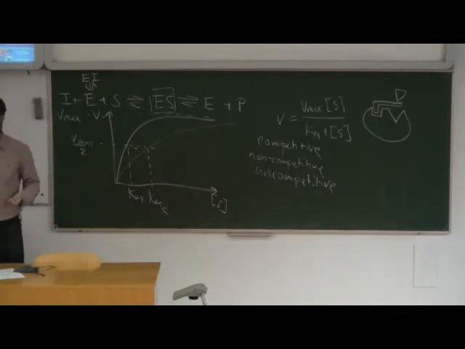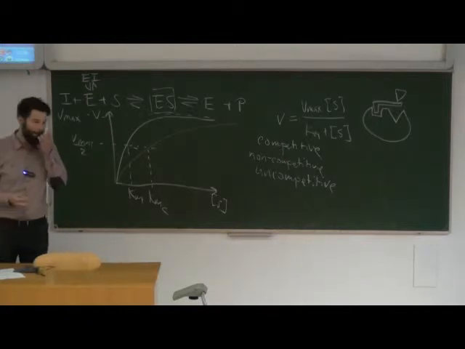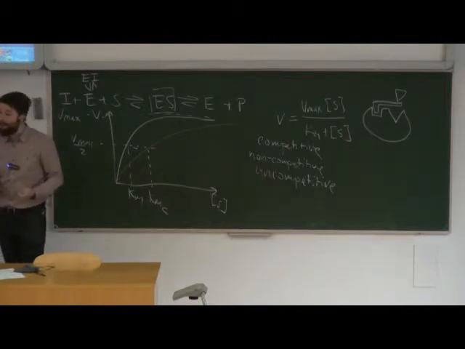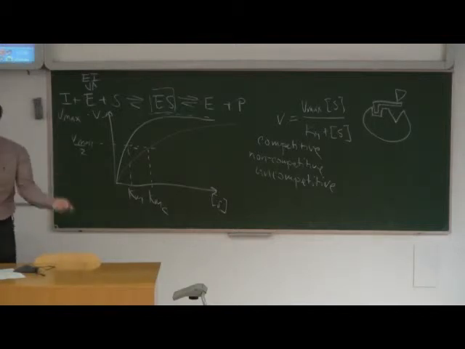What about Km? Yeah. No, it stays the same. Km stays the same because the affinity is not changed in any way. Again, they do not compete for the same binding site. The two bindings are completely unrelated, and therefore there's no reason to change the affinity of the enzyme, even the apparent affinity. So Km in non-competitive inhibition stays the same, and Vmax goes down.